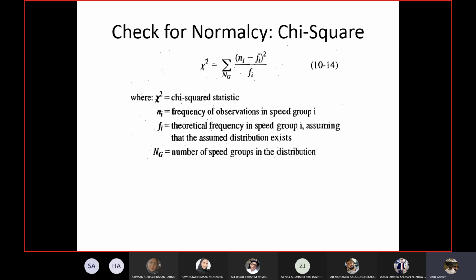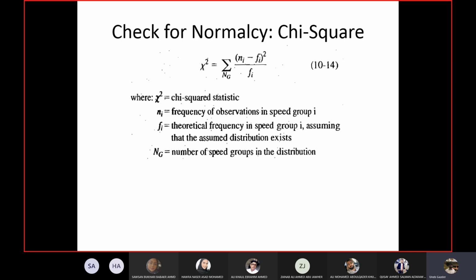Some people call it chai-square. I don't call it that because I love to drink chai, and I don't want to mess it up for me. To say anything else is chai, then I will not feel good. So I will appreciate if all of you also said it's chi-square, not chai-square. In fact I have chai right in my hand right now. So don't call it chai-square, we call it chi-square.